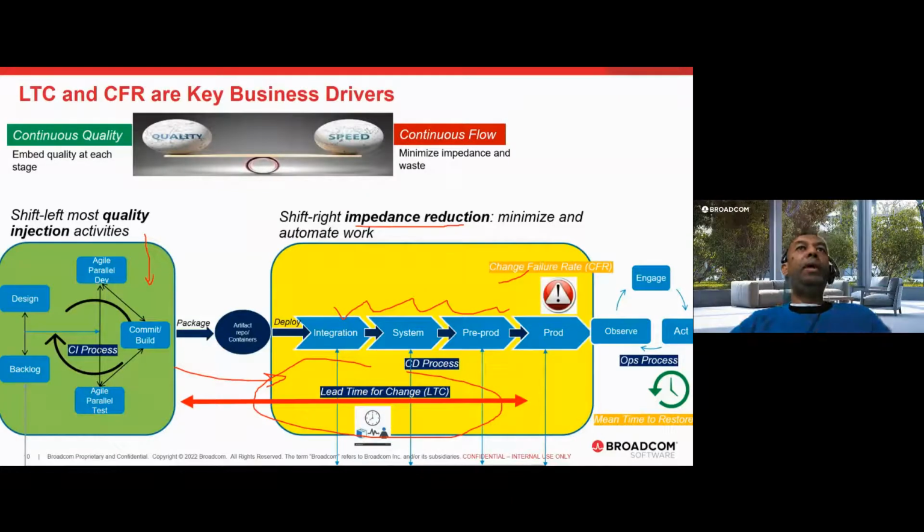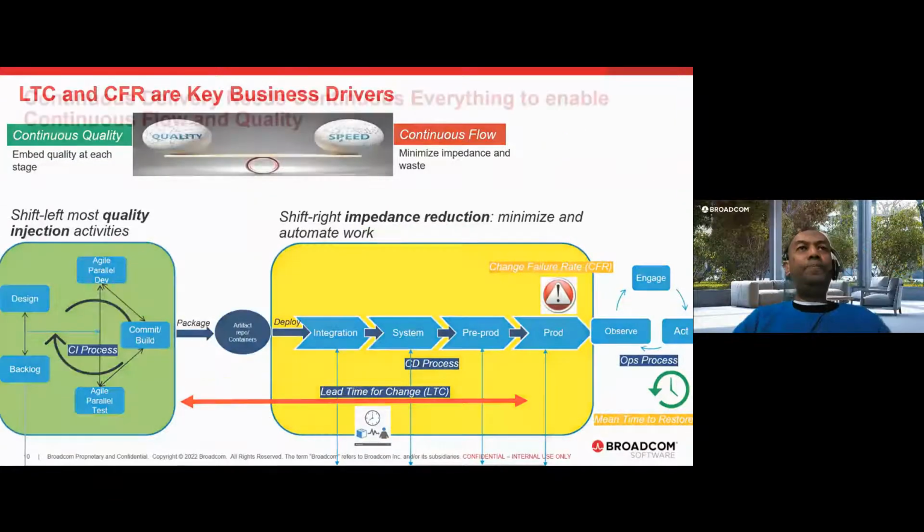And the second one is the notion of continuous flow. So continuous flow is the concept from lean methodology, right? That includes more than just velocity, right? It also includes the minimization of impedance and waste. So for example, we just talked about mean time to restore. It's a great technical practice from a velocity perspective, but it also creates waste, right? So we want to be able to not just create velocity, but also minimize the waste, because at the end of the day, we need to generate value from work, and waste reduces value. Okay, so with that in mind, let's go through each of these